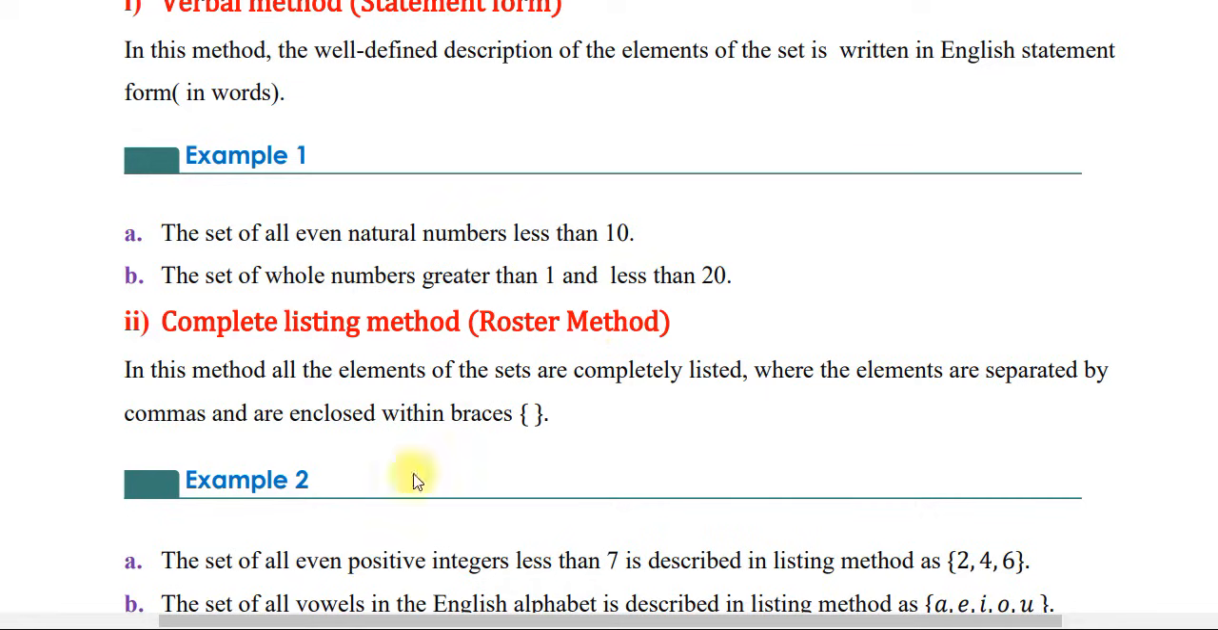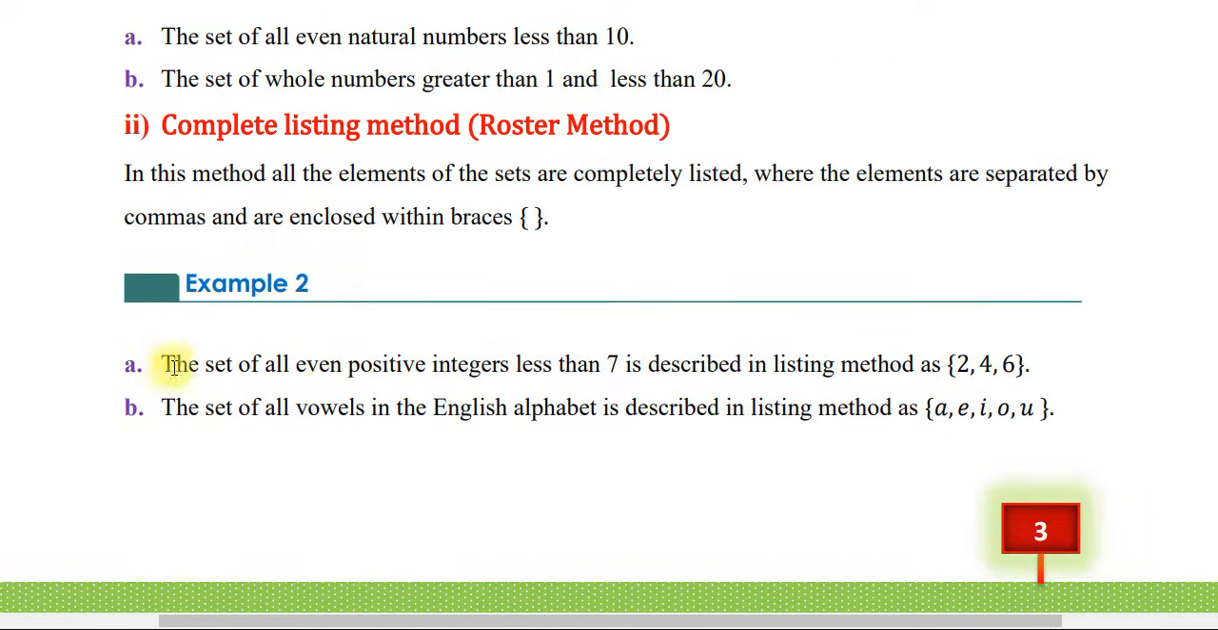in this method all the elements of the set are completely listed ሁሉም ኤሌመንቶች ምን አሉ መገለጽ አለባቸው መዘርዘር አለባቸው ማለት ነው በዚህ ሜተድ where the elements are separated by commas and are enclosed within a brace or a bracket በምን መገለጽ አለ በብራስ መሸፈን አለባቸው ወይም ውስጥ ብራስ ውስጥ ነው እነዛ ኤሌመንቶች የሚቀመጡት አንዱን ኤሌመንት ከሌላው ኤሌመንት ለመለየት ደግሞ ኮማ እንጠቀማለን ይለናል ማለት ነው